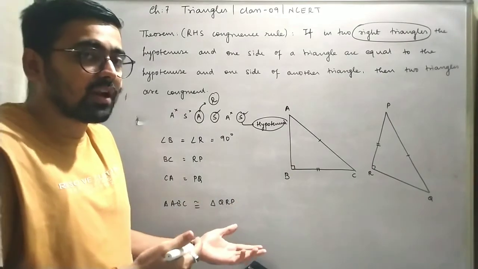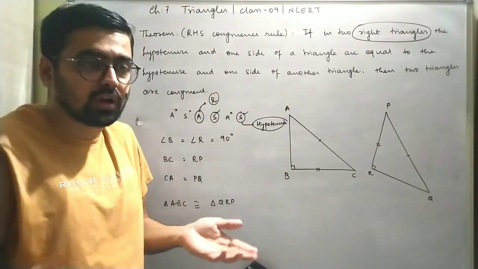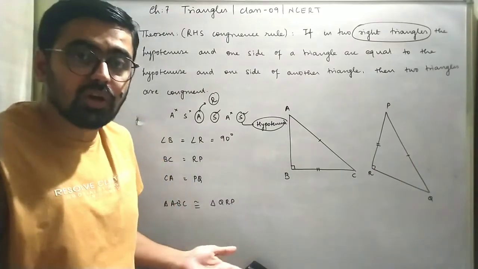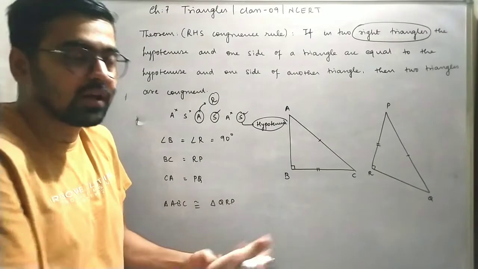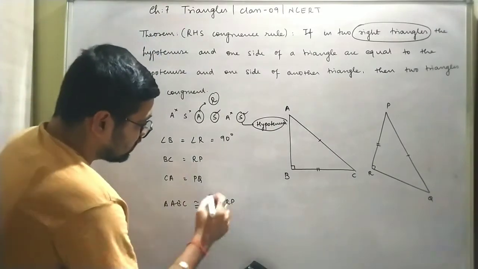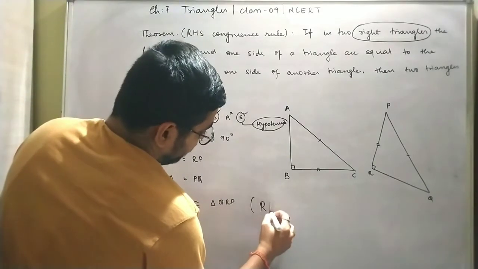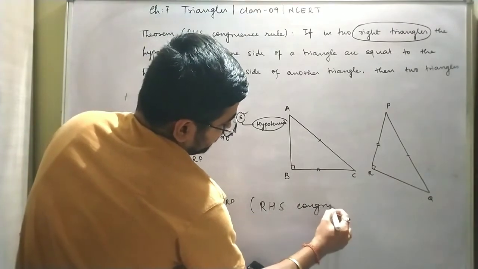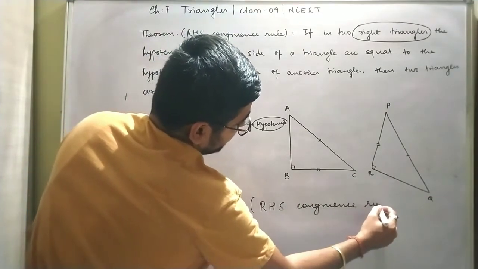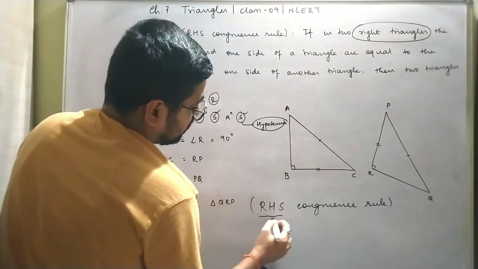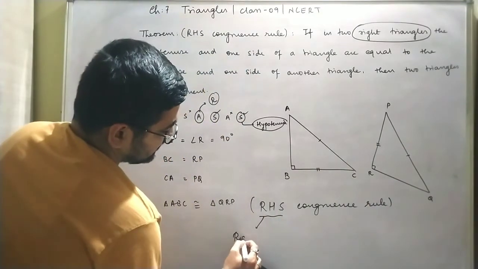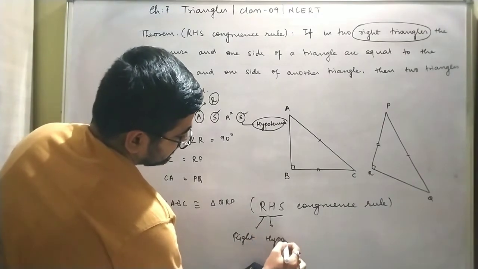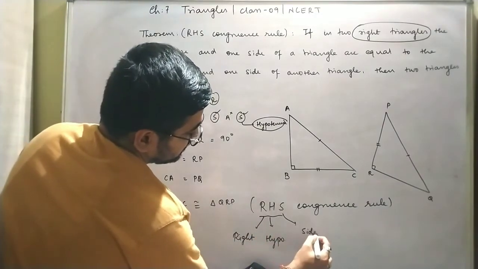Every time given triangles are not going to be in the chronological order, है ना? Chronological order का मतलब in the sequence, alphabetically होना नहीं है, जरूरी नहीं है. It may go from here to there. Simple. So we can say these two triangles are congruent with the help of right angle, hypotenuse and side. That's why we call it the RHS congruence rule. R stands for right angle, H stands for hypotenuse and S stands for side.